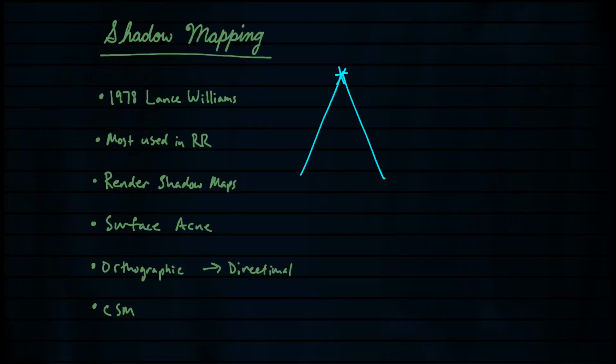You'll divide your scene in such a way that you construct several shadow maps to help get rid of this perspective distortion. If your scene is in over here, then use this shadow map. If your scene is over here, use this shadow map. And if your scene is over here, then use this shadow map. And this helps reduce the problem of perspective